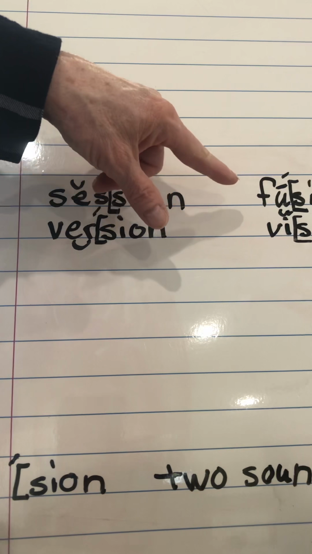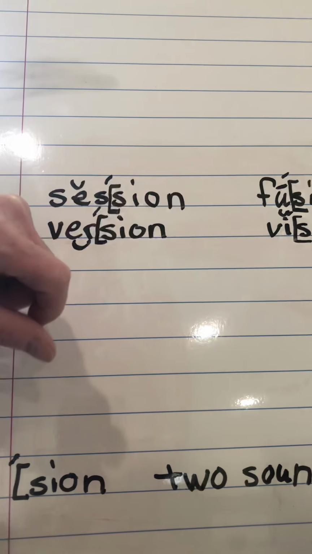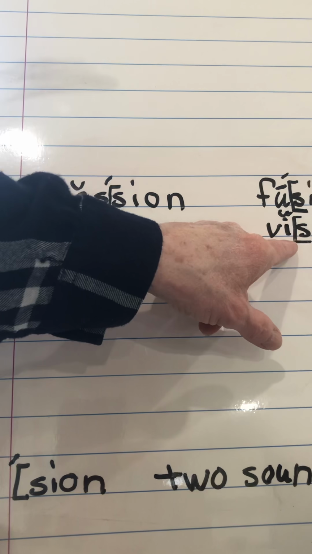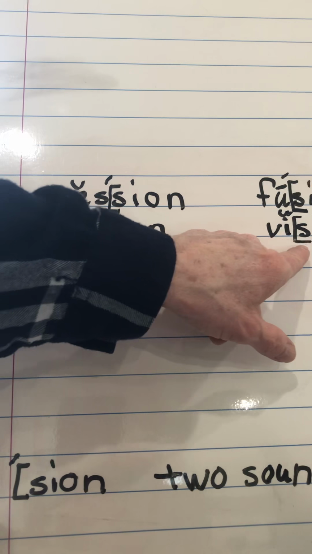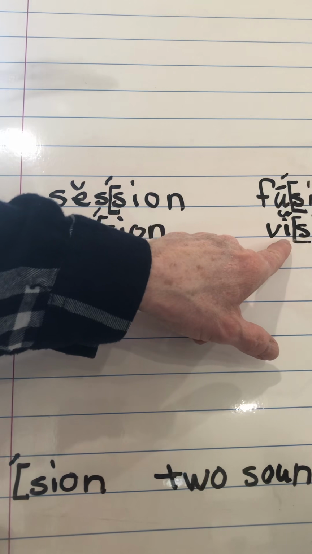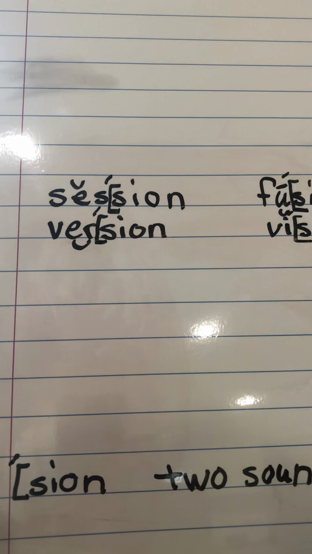If I had A there, it would be the same way. So it would be fusion. Again, that's the I that sneaks up and tricks us. The I in front of S-I-O-N becomes short. And this is vision. I hope that this is a little bit clearer for you, and we'll work on the worksheets, and I will send